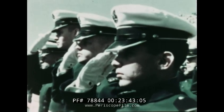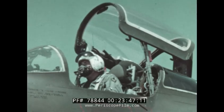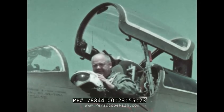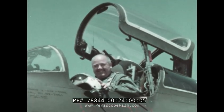General Curtiss LeMay, former Chief of Staff of the Air Force, started his illustrious career in the Ohio Army National Guard as an artilleryman. Brigadier General Charles W. Sweeney, Deputy Chief of Staff for Air, Massachusetts Air National Guard. He piloted the B-29 that dropped the second atomic bomb on Japan. Its target, Nagasaki. Brigadier General Joseph J. Foss, South Dakota Air National Guard, former governor of that state, a top ace who won the Medal of Honor